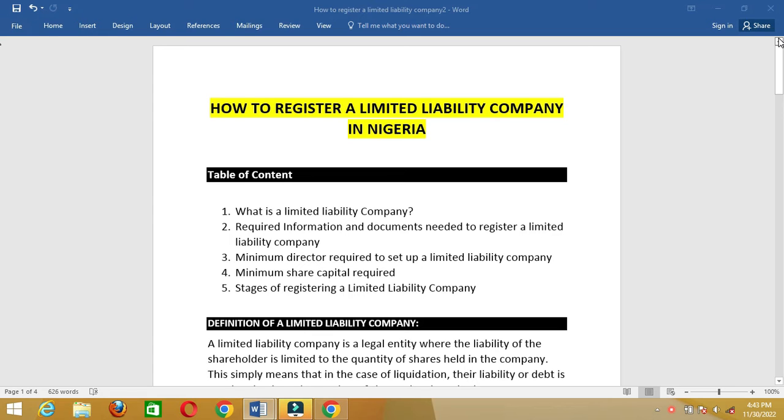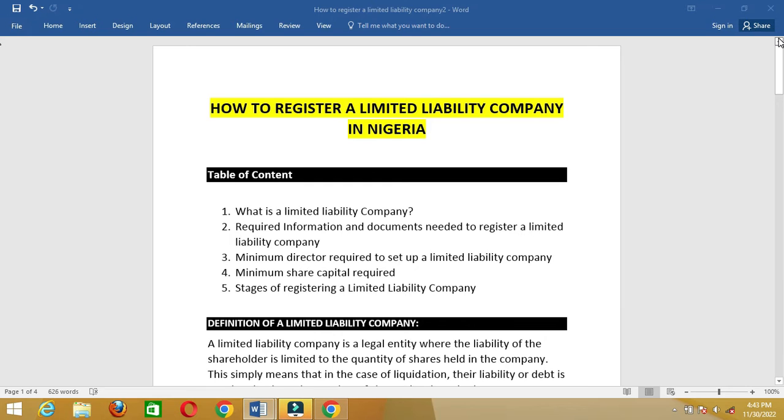It will look so unprofessional that you are engaging a client that you want to help to register his or her limited liability company, and you don't even know what a limited liability company is. So it is a big slap. Because of that, to avoid such kind of embarrassment where you'll be asked some questions and you don't have at least an idea of it, that's the reason why I decided to say, before we proceed